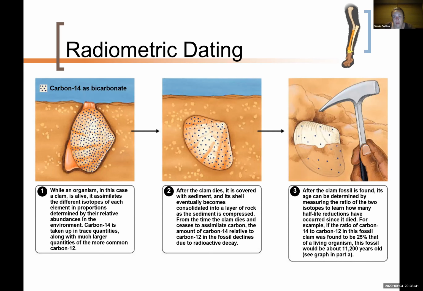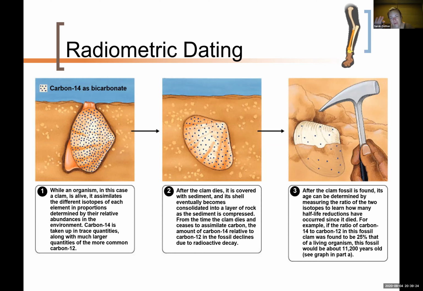Some compounds, some atoms, some elements have isotopes that are radioactive. And what that means is that they're unstable and they break down and they spew energy. And they do it at an extraordinarily predictable rate. So we know exactly how quickly that process occurs. And so if you measure the amount of one of these radioactive isotopes in an item, you can know exactly when that critter died, because you can look at what percentage of carbon, for example, is carbon-14 as opposed to carbon-12,